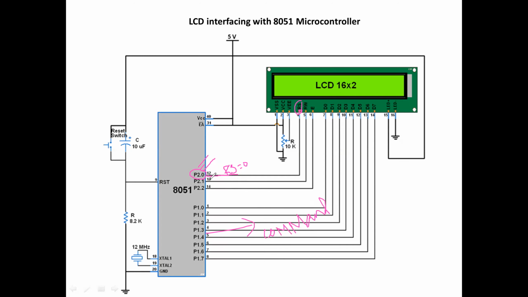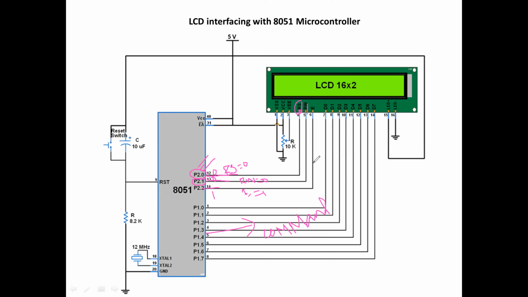So before that, you have to enable the write pin. That command is going to write to the LCD. So here RW should be 0 for write. So this pin should be 0. Okay. The enable pin should be 1. So this should be 1, 0, 0. For what? For sending a command.